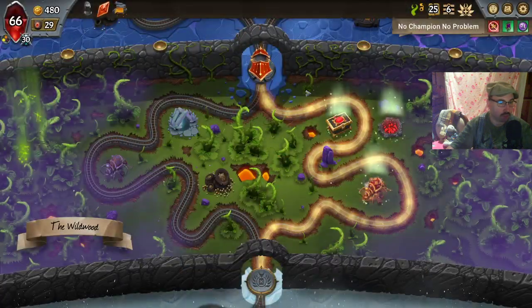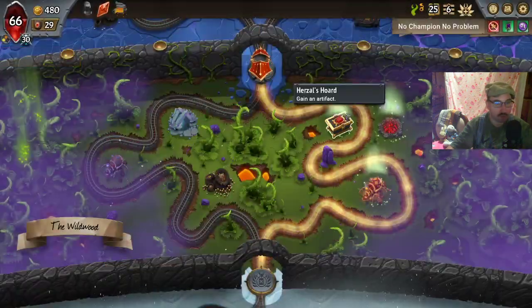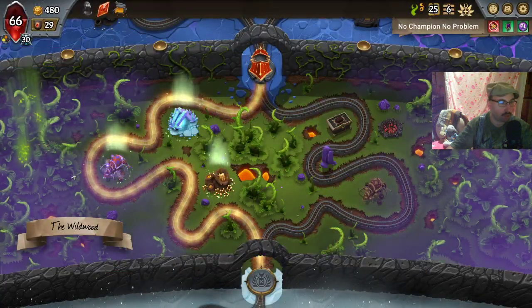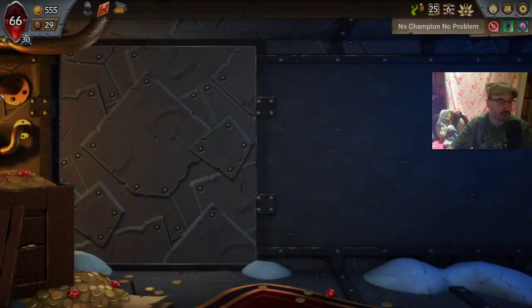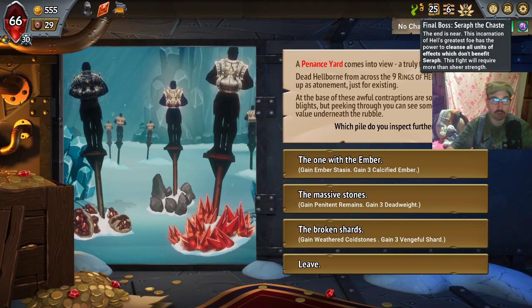Not like we really need that. But I do want to make him as big as we can. I would like the relic, but the unit upgrades are kind of wasted. So I think I'm gonna go for the spell upgrades instead. Concealed Caverns could be nice as well. Penance Yard. We are not fighting